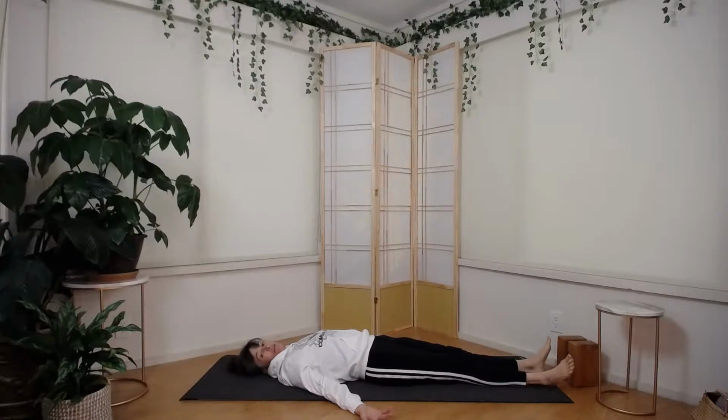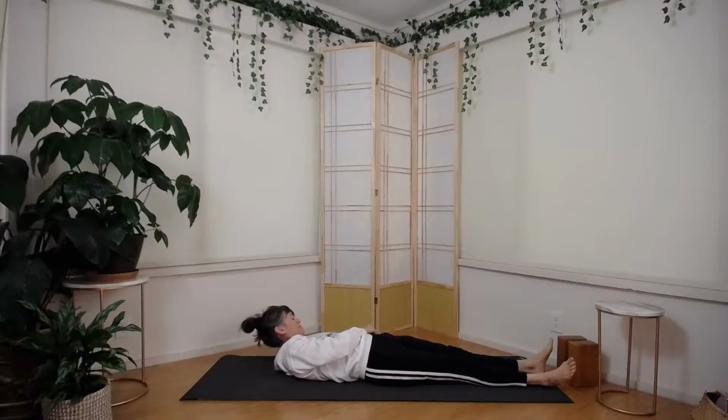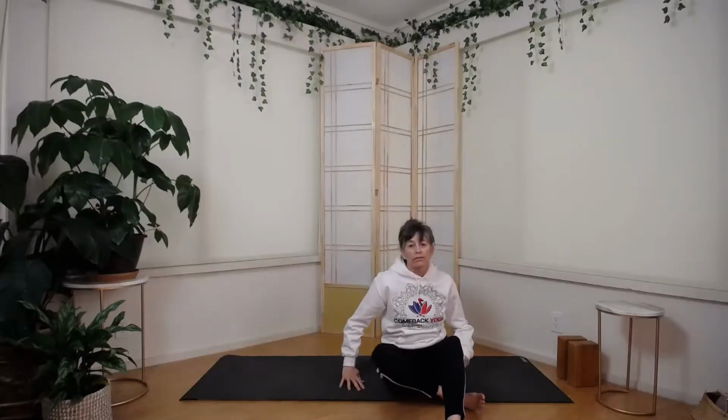And we're setting up now for a final relaxation, about 5 minutes here. So get comfortable in a position that suits you. Maybe sitting on a chair, maybe sitting upright, maybe lying on your side, or in this resting position. You might even choose to bend your knees in a more constructive rest pose. So, wherever you find yourself,